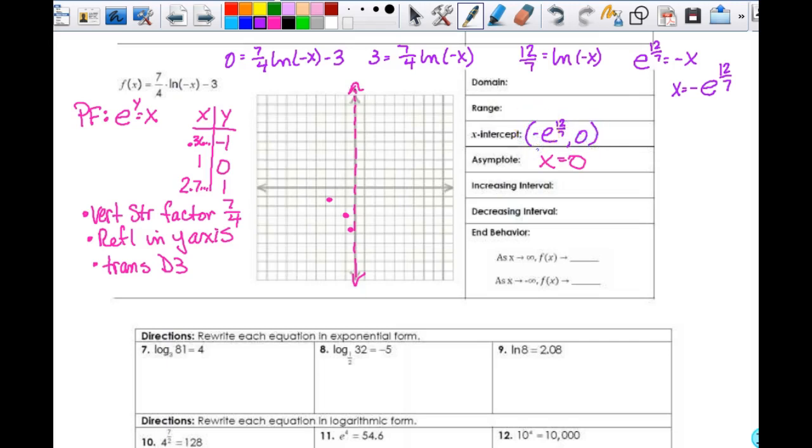All right. So I don't expect you to have a great estimation of that, but 12/7 is going to be a little bit less than 2. E is a little bit less than 3, so it's less than 9, obviously. Greater than 4, it's about 5 something actually, but you're not even going to know where to guess for that, and that's fine. If it's a funky number like that, I don't expect you to graph it. It's actually about 5.5. 1, 2, 3, 4. 1, 2, 3, 4, 5. Not something I'd expect you to know, but that's where it is. I'll just tell you. So then when I graph this in,